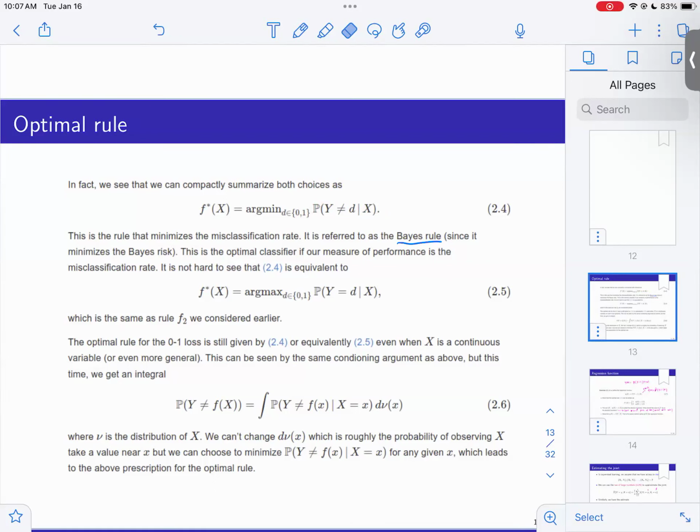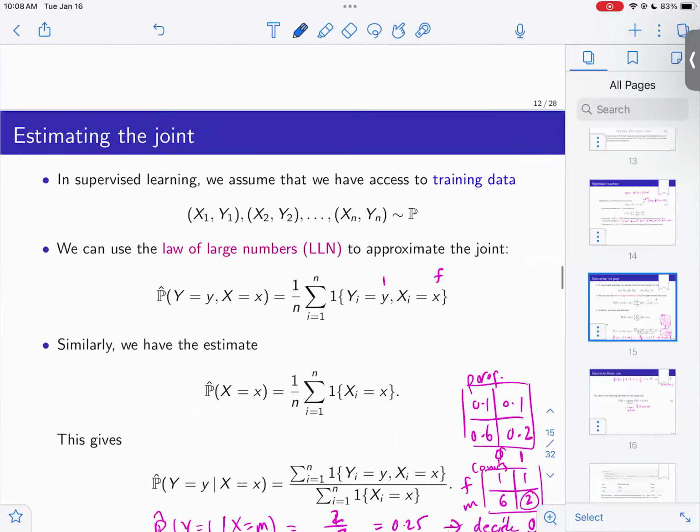I can form estimates of the joint using empirical averages, again by the law of large numbers. And then we can also have an estimate of this. So we have an estimate p hat of this probability. And then this would be p hat, that f hat. That's what I call plug-in. Plug-in because I plug in my estimate of p in this and just calculate the rule. So that's our plug-in estimate, or plug-in optimal rule. That comes from this.